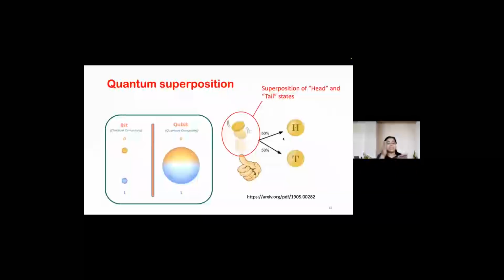So when we have the head or tail, that's the measurement. Those are the two states we can have, either head or tail. When we are tossing the coin, when it's in the air, it could be a mixed state, which is a superposition state. And that same concept, we then bring to the bit and qubit,